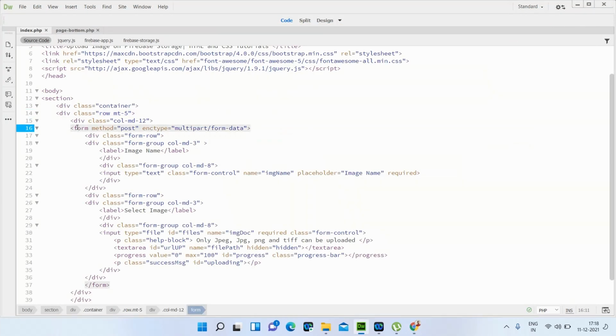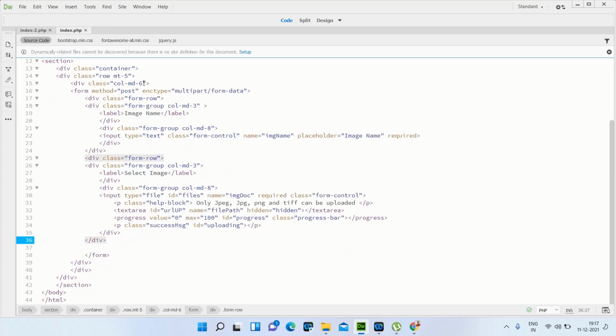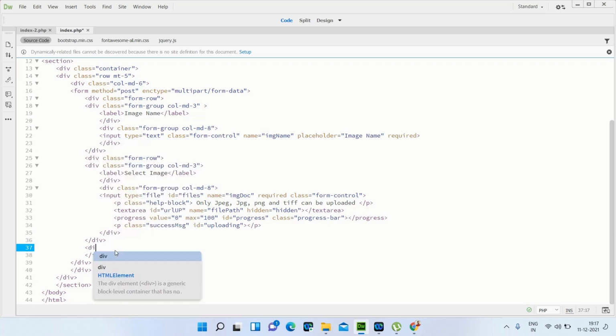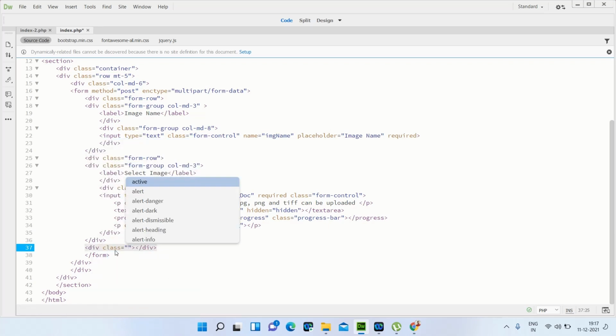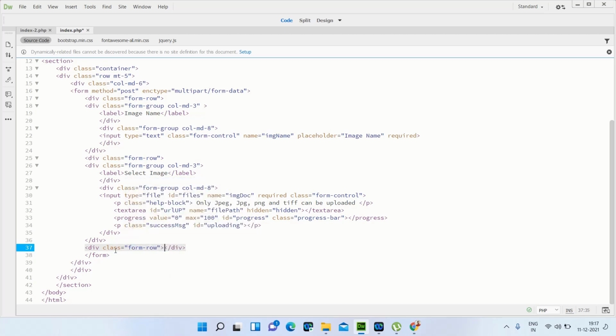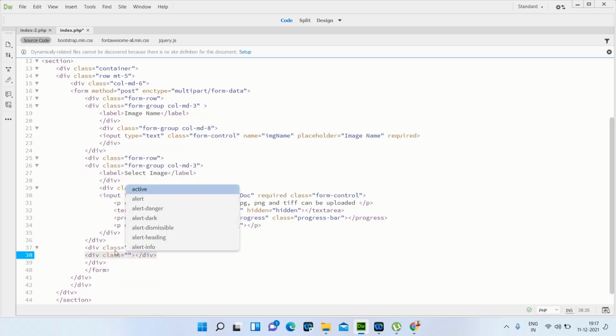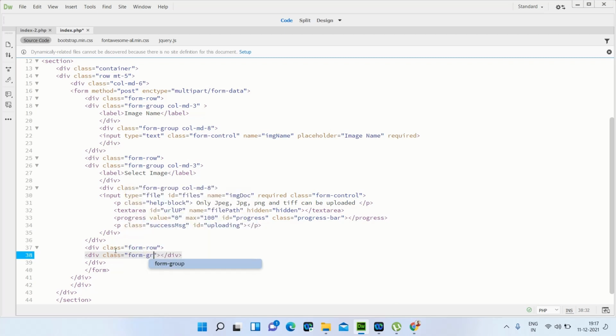So in this tag I'm just changing this one. After that I need to create one more div, and assign the class as form-row. In this div we need to create one more div. We have to assign the class as form-group.